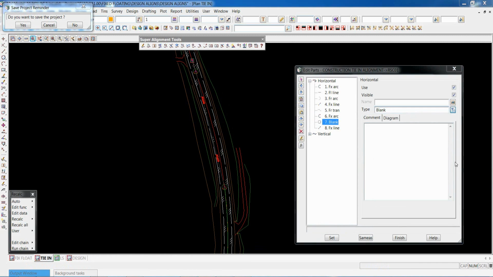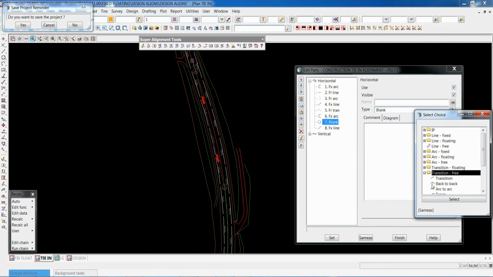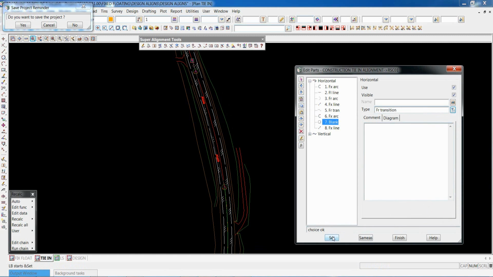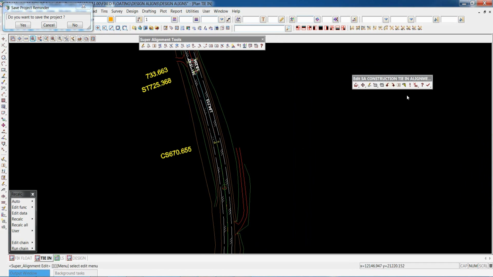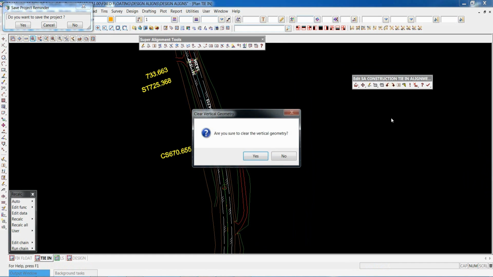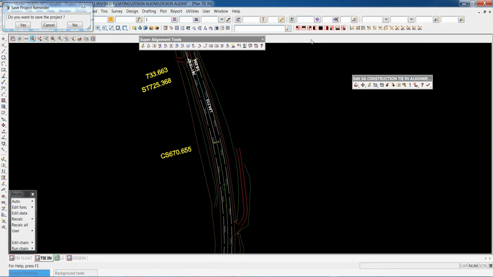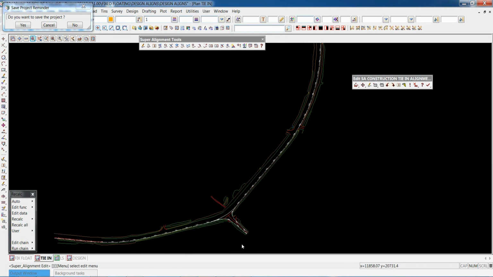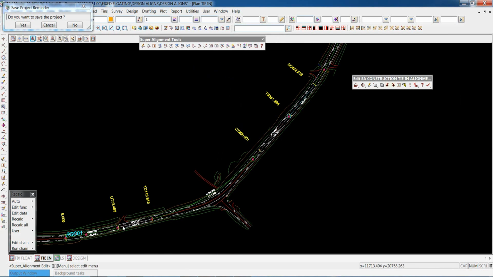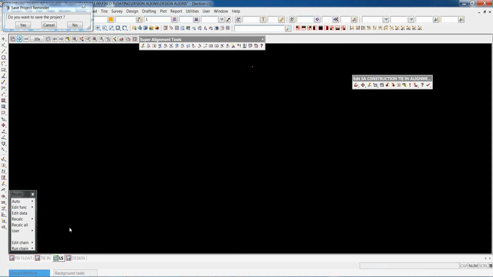So we're just going to insert and then put in a transition and go set. So that gives me an idea of what the horizontal may have looked like. So again, we're tying into the existing, matching the existing curve here, worked out some transitions to suit, and we're now going to look at some of the vertical.